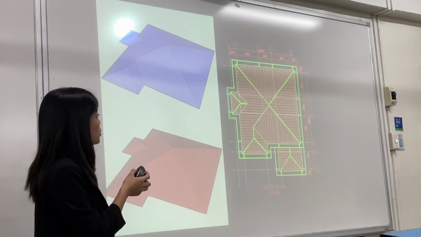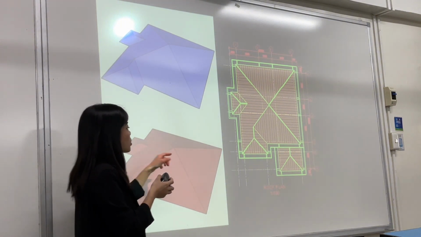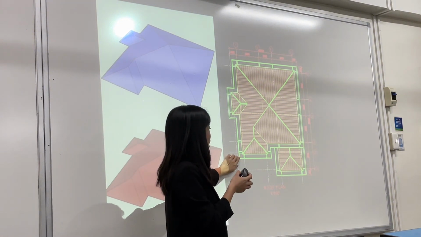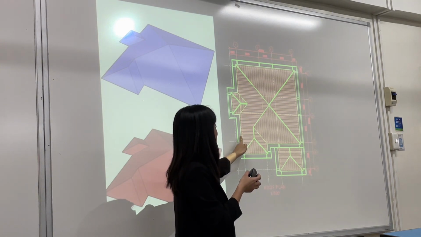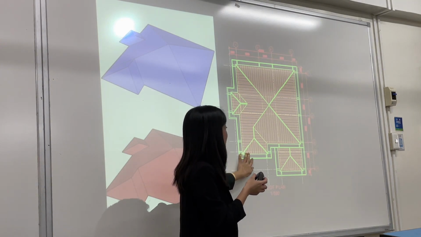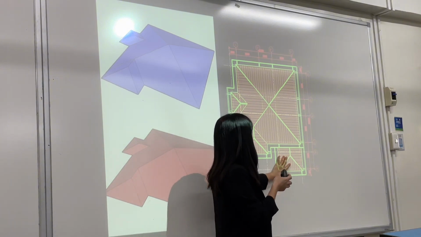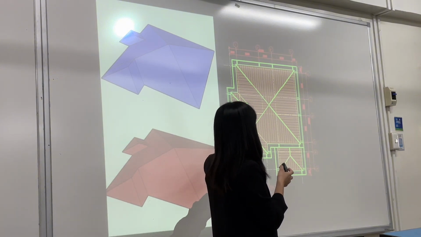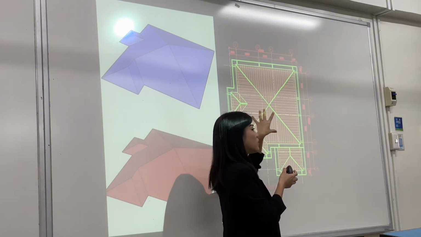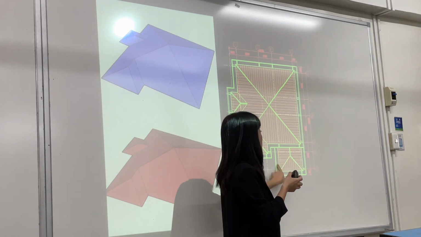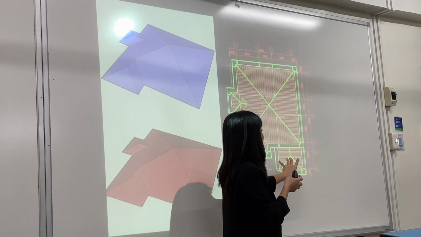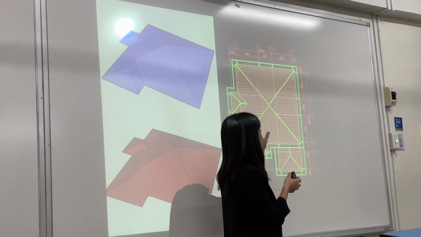So, example also of this one. So, ito, may gutter siya or wala? Meron. Kasi ito yung roofing material and then nag-offset siya. So, this is your gutter. So, ito, as you can see, kung roof plan yan siya, dapat kung ano makita niyo sa taas, yan ang i-draw niyo. So, same ito, you can assume that this one is from the ground floor. So, siguro ito yung carport. So, yan ang expected